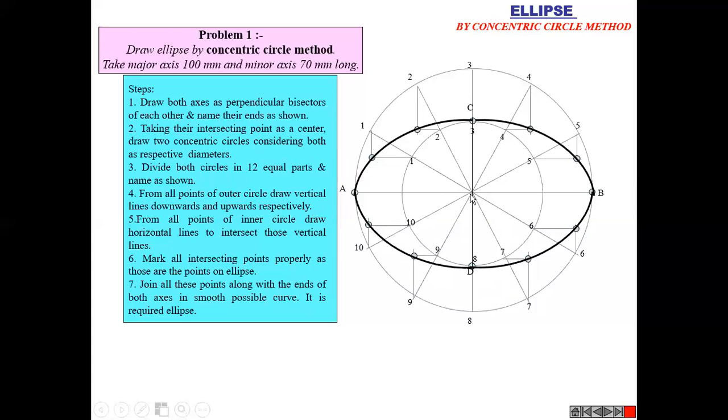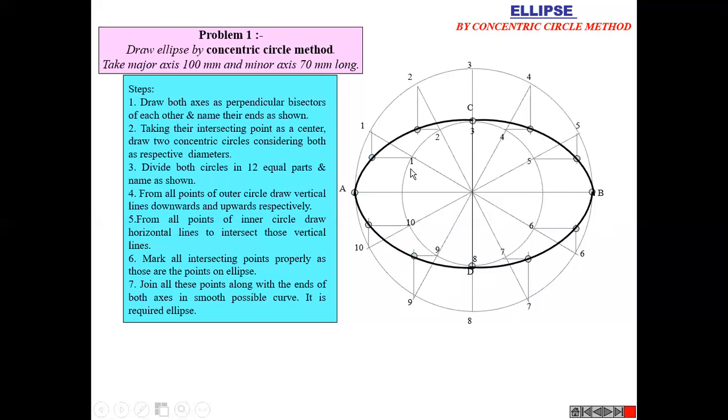Then second, this is my center point. A to center is my radius. Draw the outer circle. Then next, divide the inner and outer circles into 12 equal parts. I know that this is 360 degrees, so divide into 12 equal parts. 360 divided by 12 gives the angle, so mark your angle and divide into